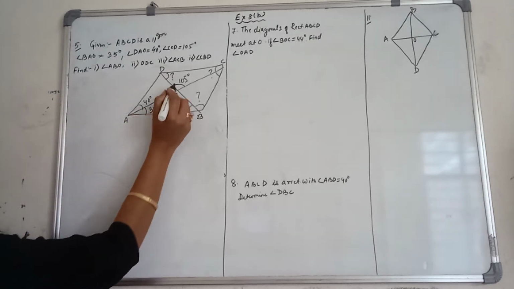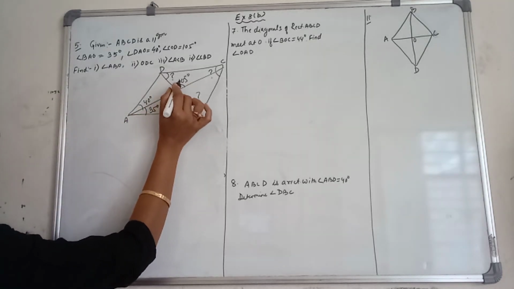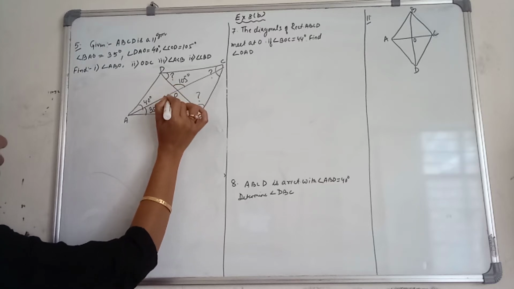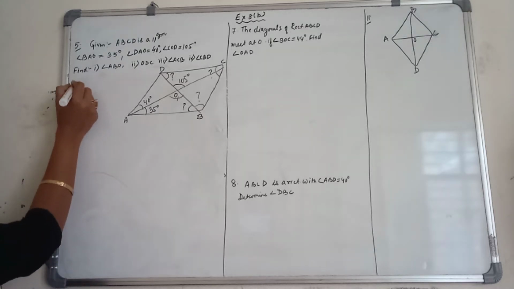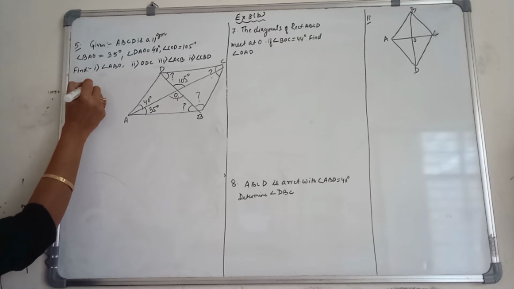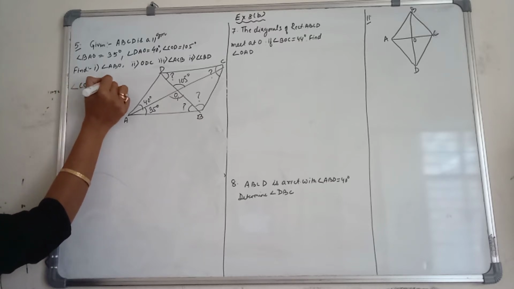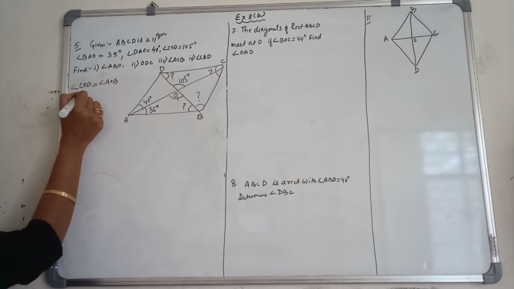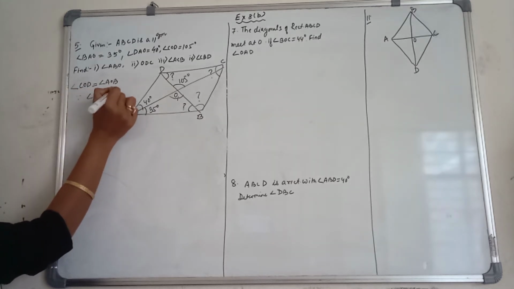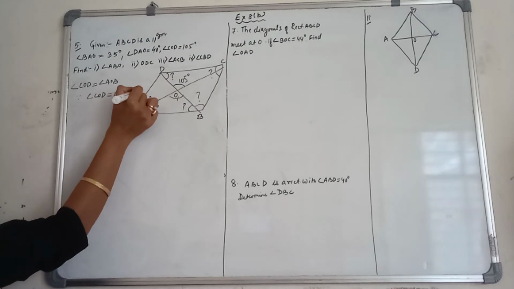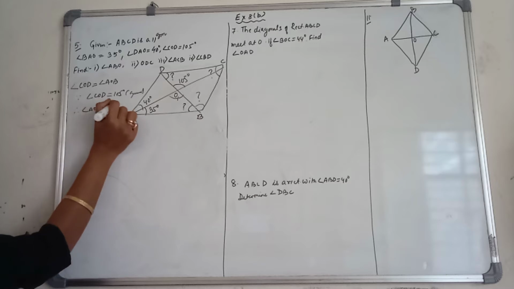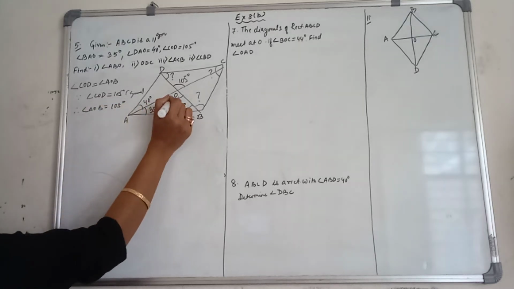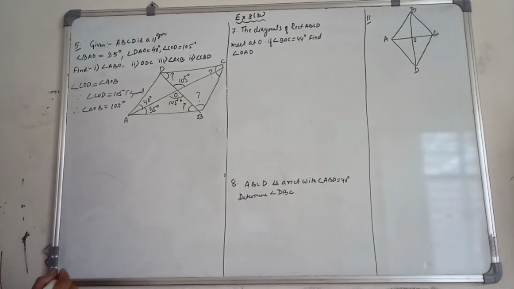So if you see this one, angle COD is 105 degrees and this one is equal to this angle, vertically opposite angle. So what we can write here, angle COD is equal to angle AOB. Now since angle COD is equal to 105 degrees, it is given, therefore angle AOB is also 105 degrees. So this angle is our 105 degrees.